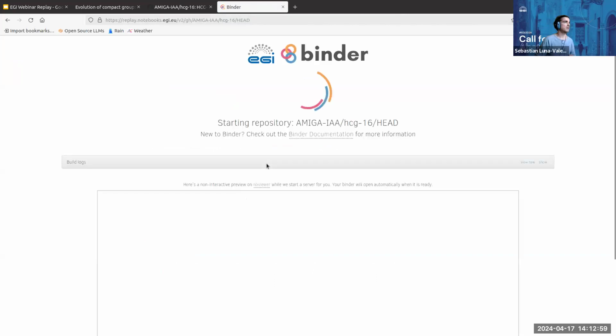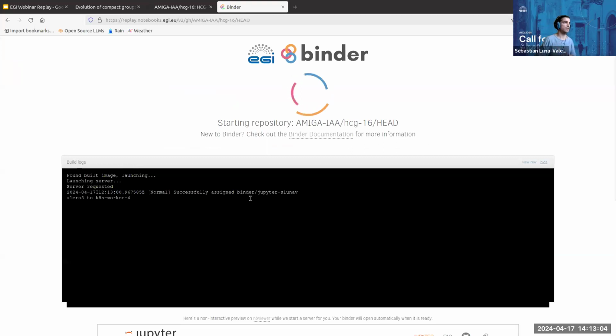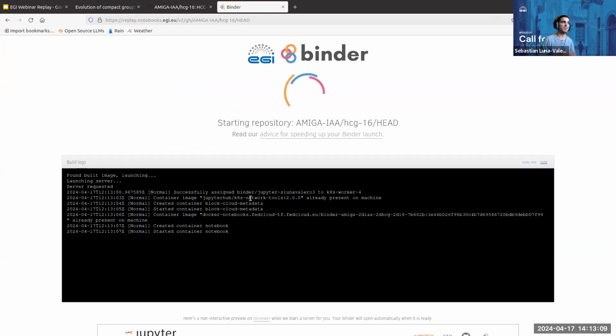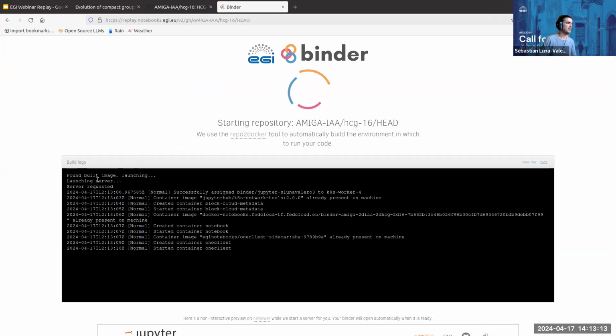let me see. Okay, so it's now looking to build the repository, the Docker container with the conda environment. It was already built because I was testing this morning. So because it's already built, it doesn't build it from scratch. It just reuses what is there. And if not, it will take about 10 minutes or so to build the environment from scratch. But then either you build it from scratch or you just reuse what's been already built earlier.